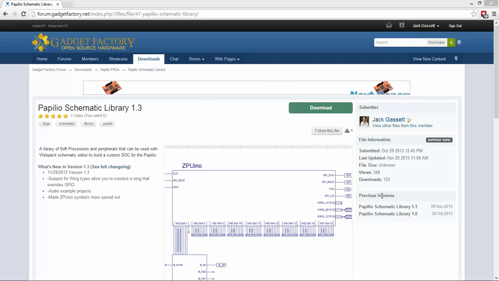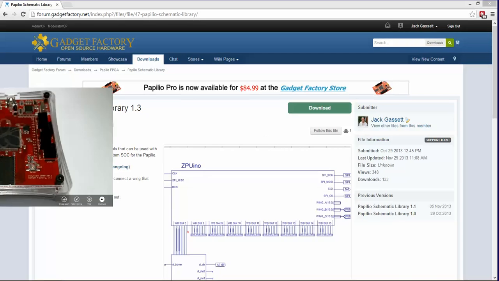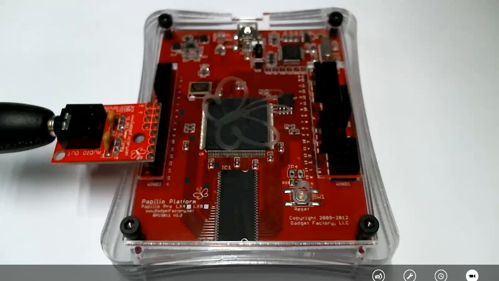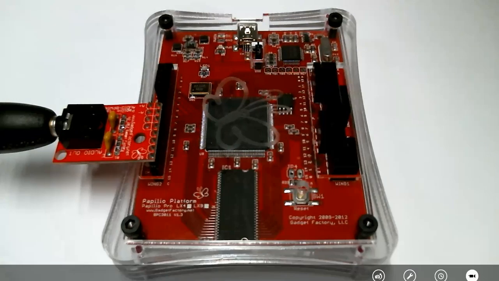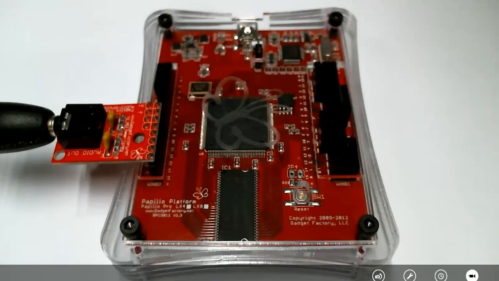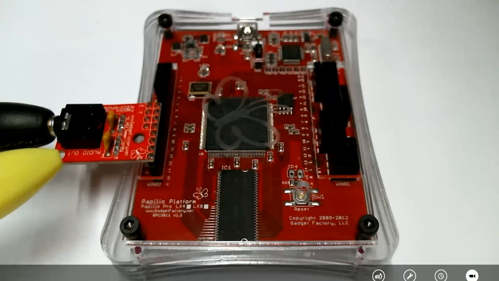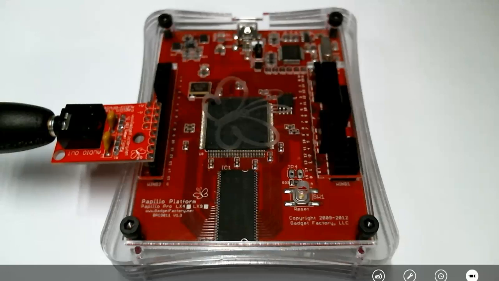Today we're going to build a soft processor with the Commodore 64 SID chip using the Papilio Schematic library. The hardware we're going to be using is the Papilio Pro. This is the Papilio Pro, and this is one of the new acrylic cases. We have an audio wing connected to the CH wing slot, and it goes to a stereo receiver that